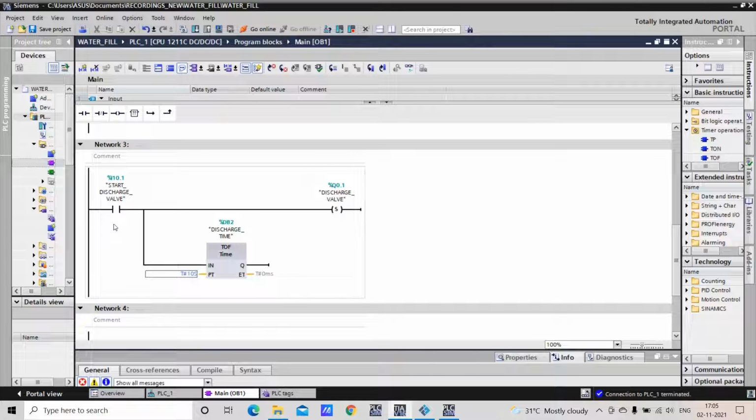So what will happen? Whenever I press this discharge valve button, the discharge valve will open. At the same time this timer also starts, and once it reaches 10 seconds, this discharge valve should reset its operation.